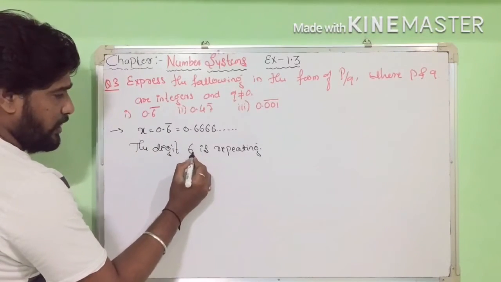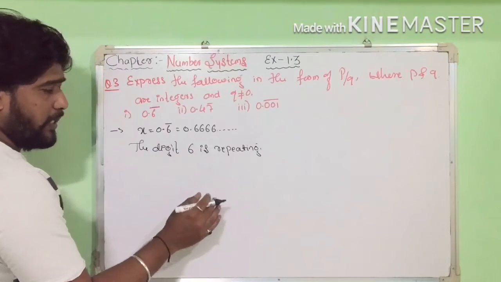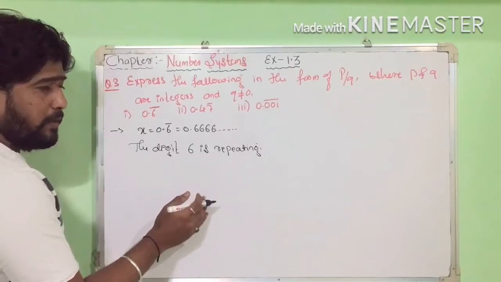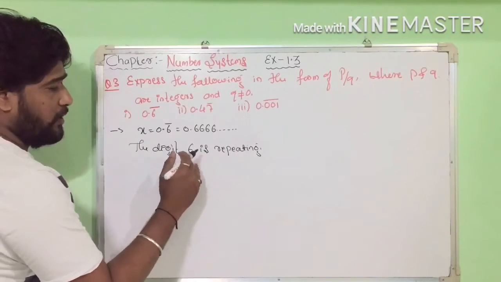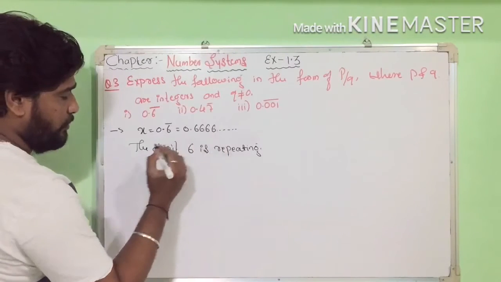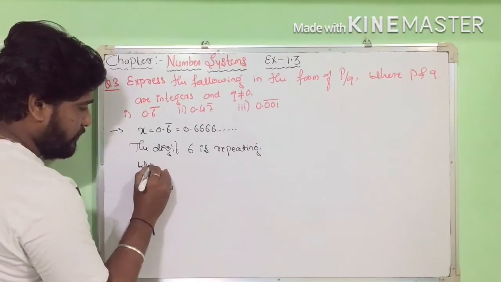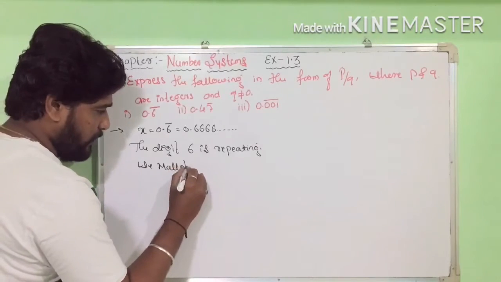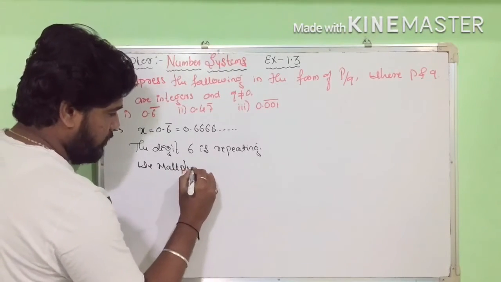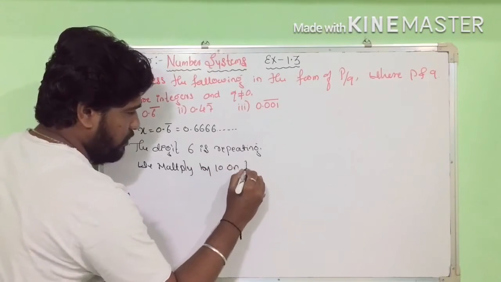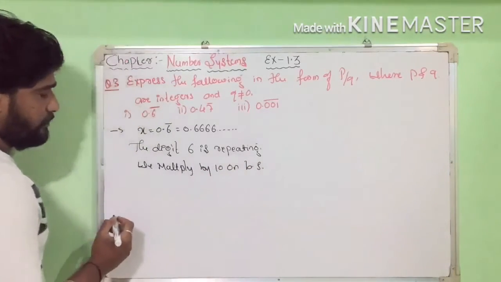One digit is repeating means multiply by 10. 2 digits repeating means multiply by 100. 3 digits repeating means multiply by 1000. So here one digit is repeating, so we multiply by 10 on both sides,